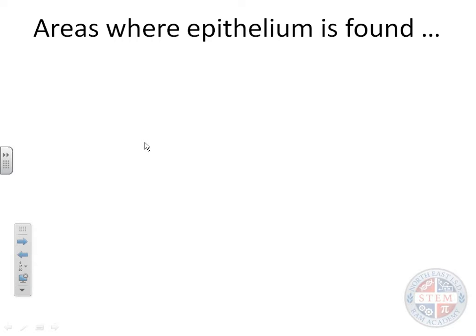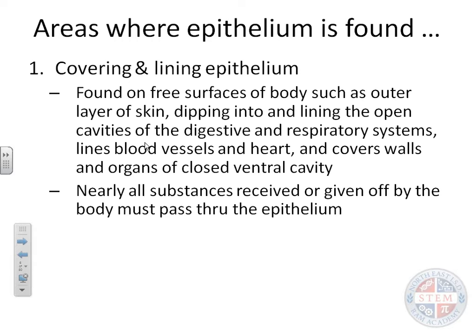So areas where epithelial is found, covering and linings, the surface of the body, the outer surface, deepening into the lining of the openings, cavities, digestive, respiratory. Okay, so anywhere that you have a surface that is exposed to an opening, it's always epithelial. Epithelial is going to line. Nearly all substances received or given off by the body must pass through the